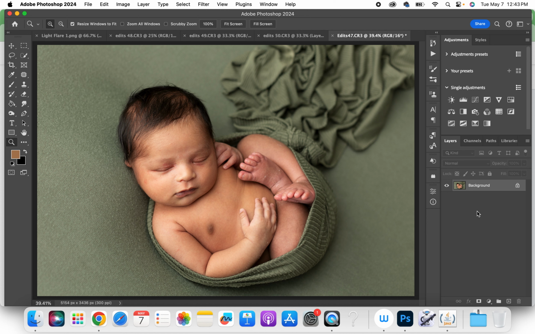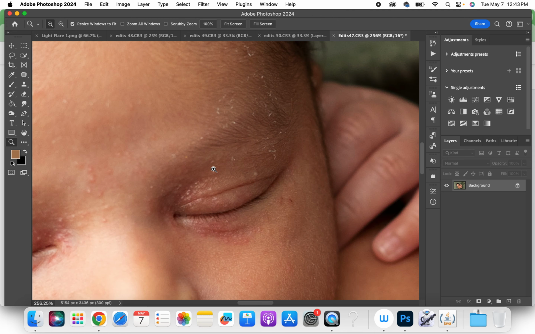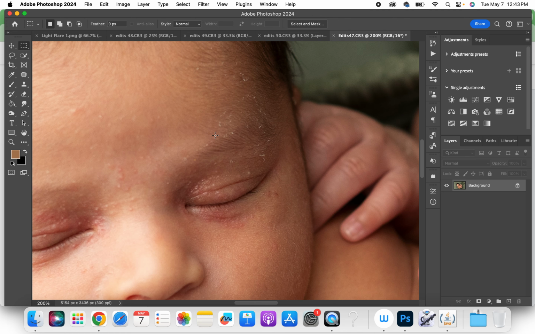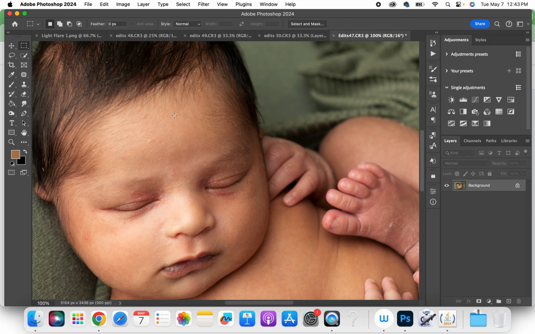Okay, this is just a quick tutorial on the dust and scratches filter to remove flakes on baby skin. So this is straight out of camera. This baby doesn't have a whole lot, but you can just see it works the same even if they do have a lot of flakes. So I'm going to start off by creating some duplicate layers,